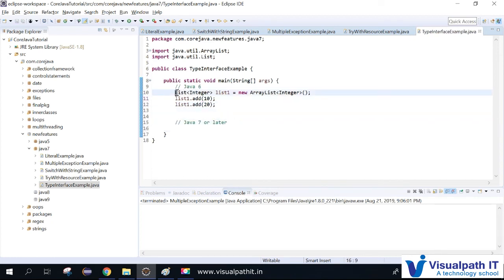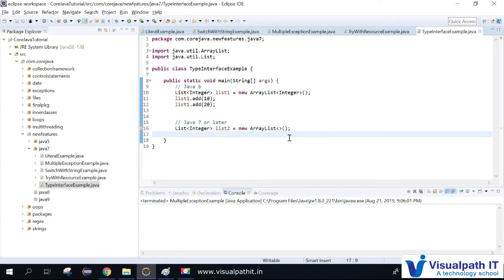And we'll see how this declaration happens in Java 7. What is the major difference? We can see it now. List integer, list2 equals new ArrayList of, that's it.